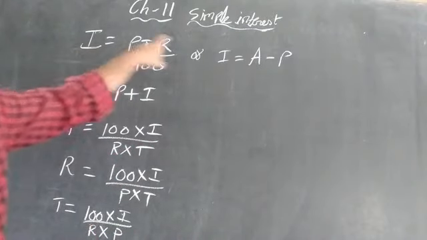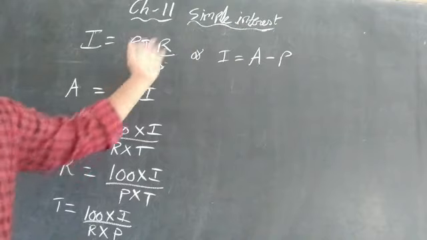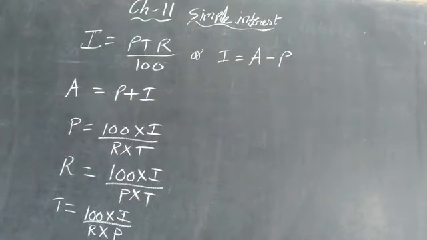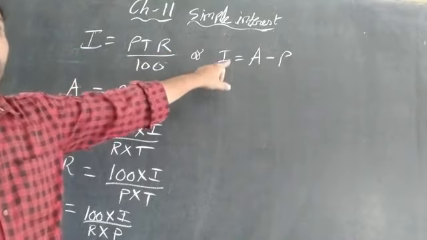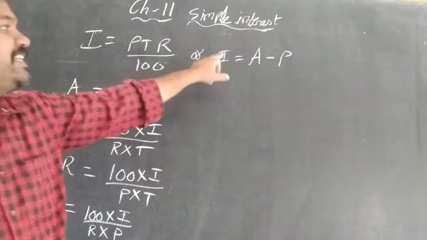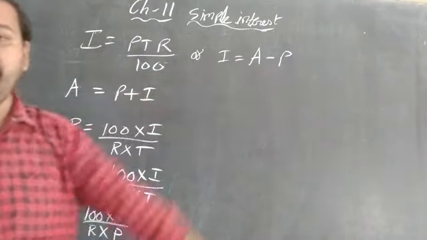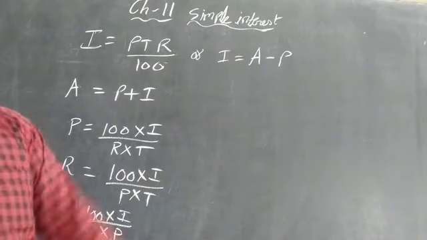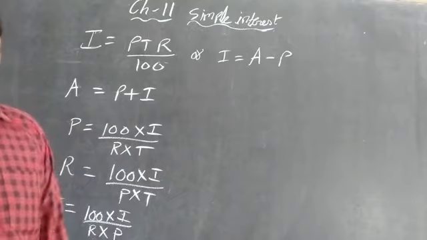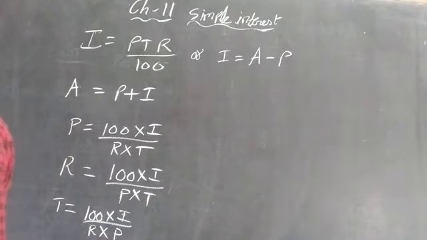This is an interest formula and this is also an interest formula. When do we have to use this formula? Once again, see here. Interest is PTR by 100, we know that one. The new formula I am giving in this 7th class is I is equal to A minus P. What does this A minus P mean? If amount is given in the question, we have to start with this formula. How can I decide that, sir? Amount is given in the question.